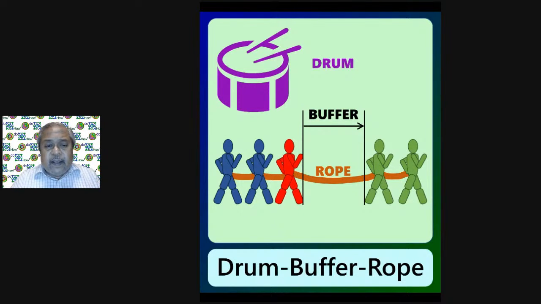Let me now try to explain on this picture. It's very simple. Imagine that there are 1, 2, 3, 4, 5 people walking, and the objective is that all the 5 should come to the end goal point at the same time. Only then they will win. It's not possible that only 1 or 2 come there and then they can win. So in this case, let us imagine that the red here is the constraint. Red person is the constraint.